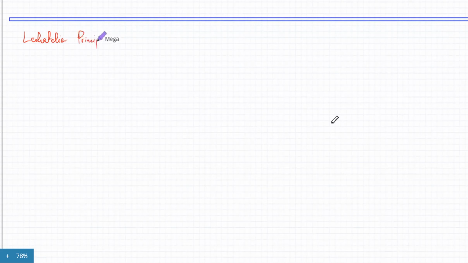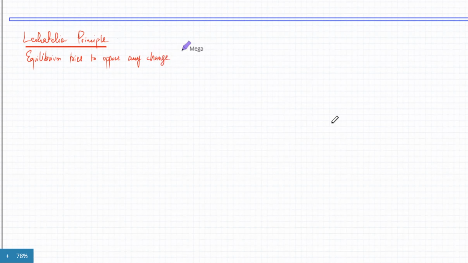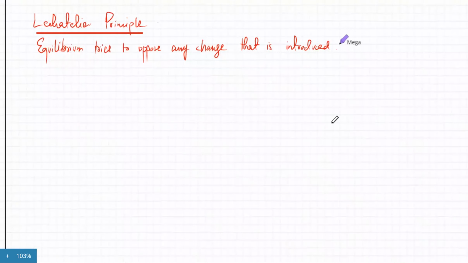before we move towards past papers on this. So Le Chatelier principle is that the equilibrium tries to oppose any change that's introduced. It tries to do the opposite. And the summary is